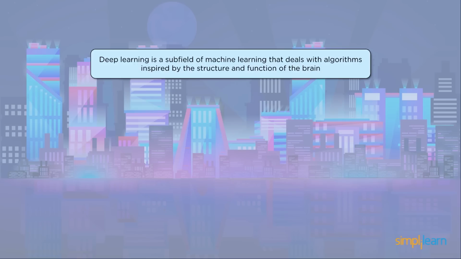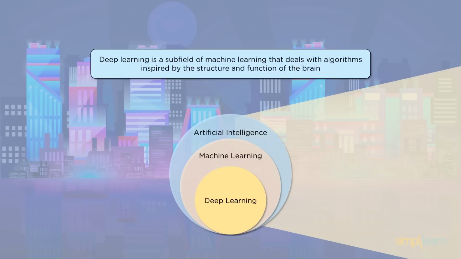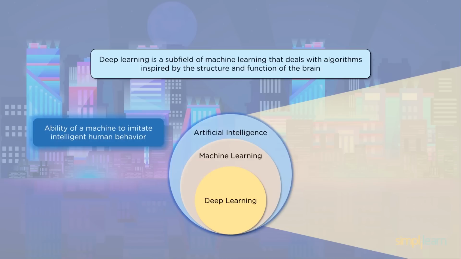So what is deep learning? Deep learning is a subfield of machine learning that deals with algorithms inspired by the structure and function of the brain. When we look at this, we have the larger category, which is artificial intelligence, a very generic, comprehensive ideal. And in there we have machine learning, and then a subcategory of machine learning is deep learning. So when we talk about artificial intelligence, this is the ability of a machine to imitate intelligent human behavior. So when we look at something, can it solve a problem the way humans do? Can we take it to that next level? So it's not just repeating some kind of simple output that we programmed it to do. Can it actually start imitating human intelligence?